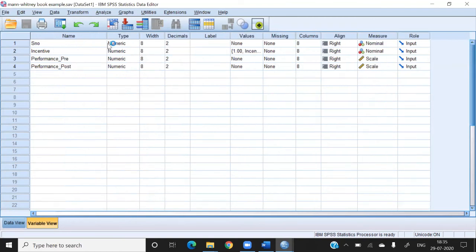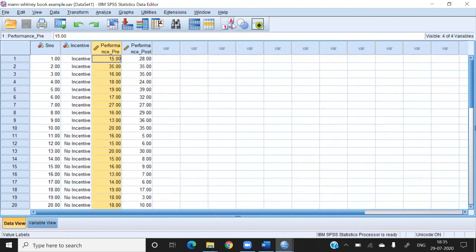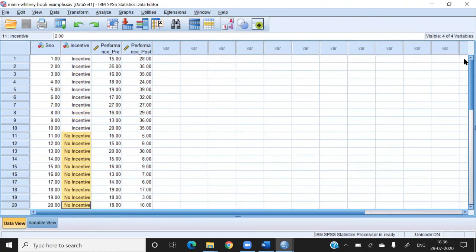Now let's try. We have two types of incentives in the company: incentive and no incentive. The employees of the company are divided into two groups. To the first group, you say that if you perform better, we will provide an incentive.